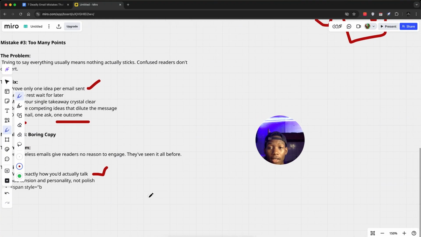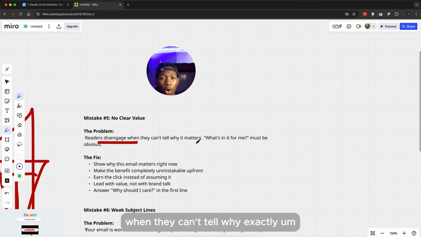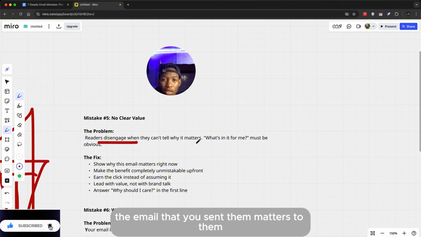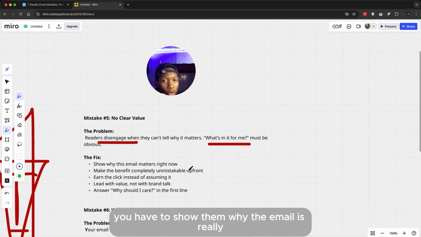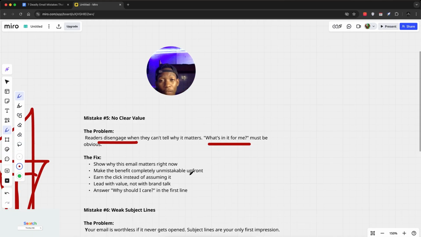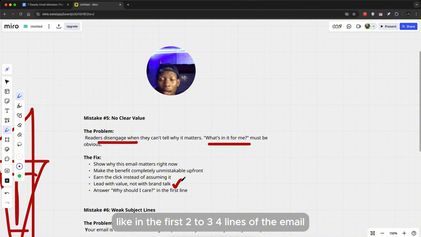Down to mistake number 5. The problem here is that readers get disengaged when they can't tell why exactly the email that you sent them matters to them. If they can't find what is in it for them, you have to show them why the email really matters to them. It has to be obvious in the first 2 to 3 lines. If you don't give them clear value in the first 2 to 4 lines of the email,